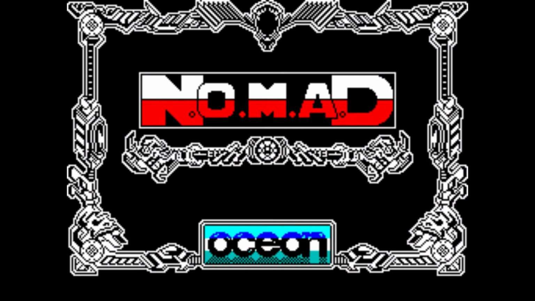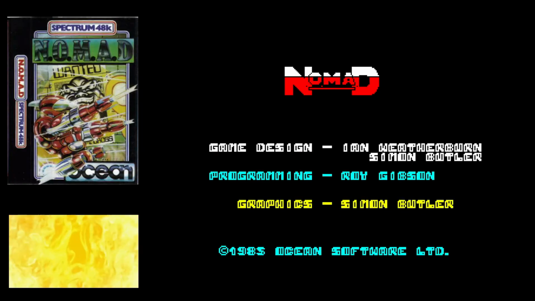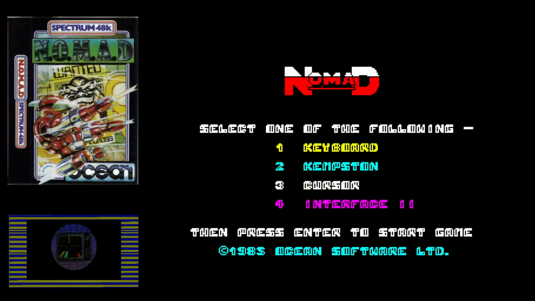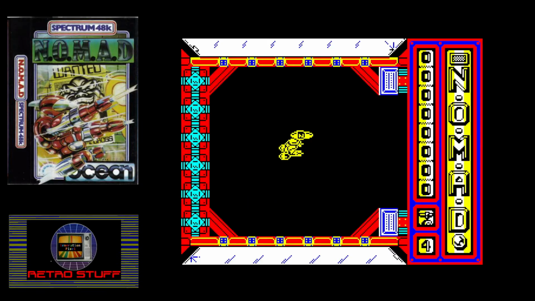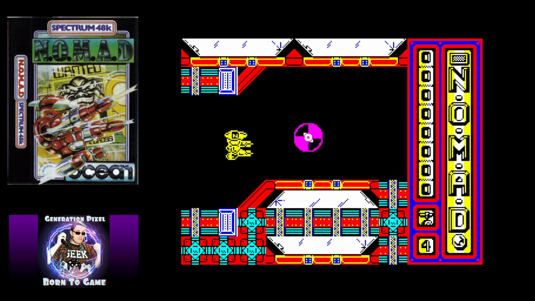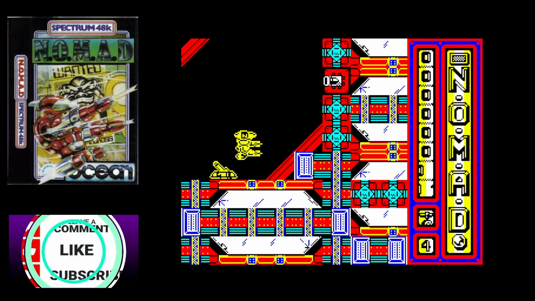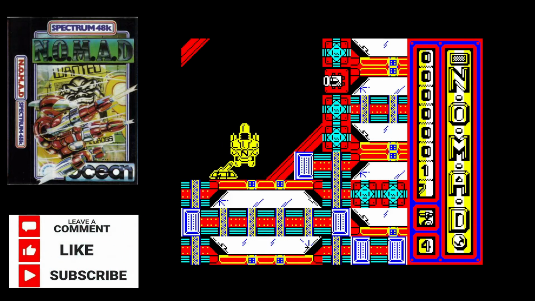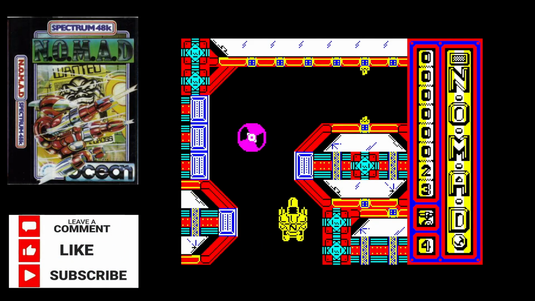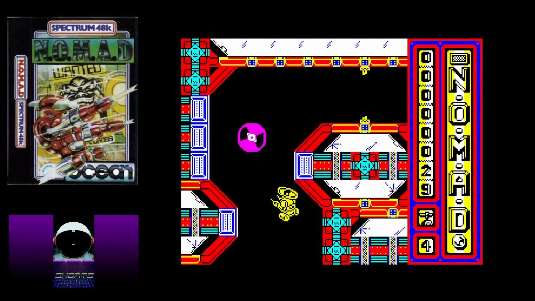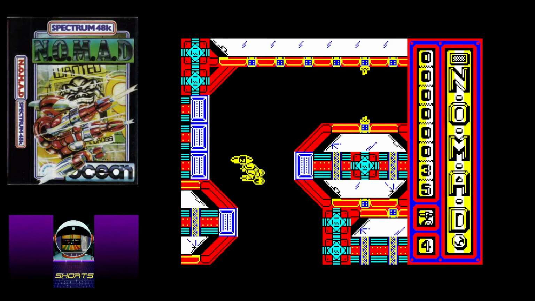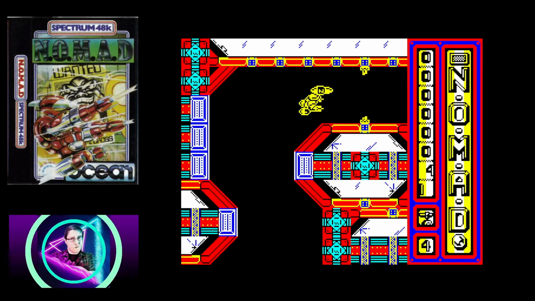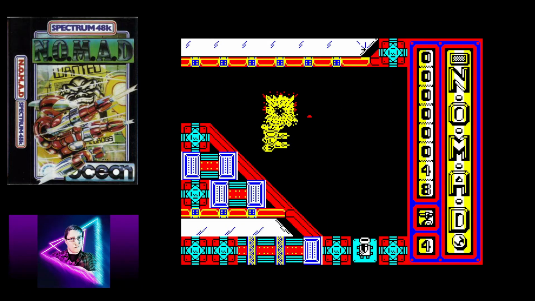For game number 4 on the letter N, we're going to look at Nomad. And Nomad, well, you know what Nomad stands for? It stands for the Nemesis Organization's Mobile Attack Droid. And the reason we need the Nomad, well, Cyrus T. Gross, he's built the Talos asteroid and directed it towards Earth. And only the Nomad can save the day. And as with most stories back in early video game history, well, that's it. That's the story you get, and it's all the story you need.